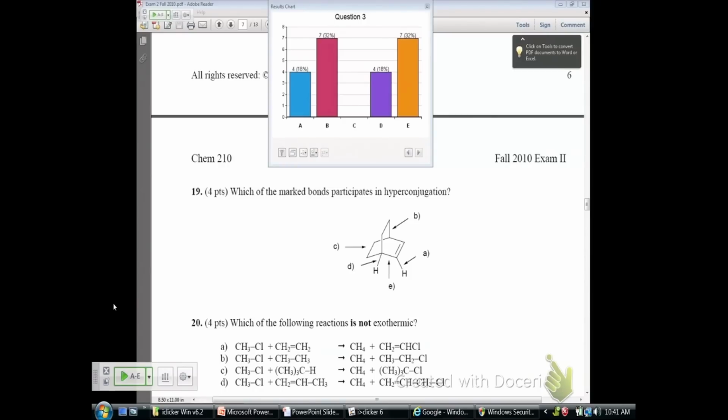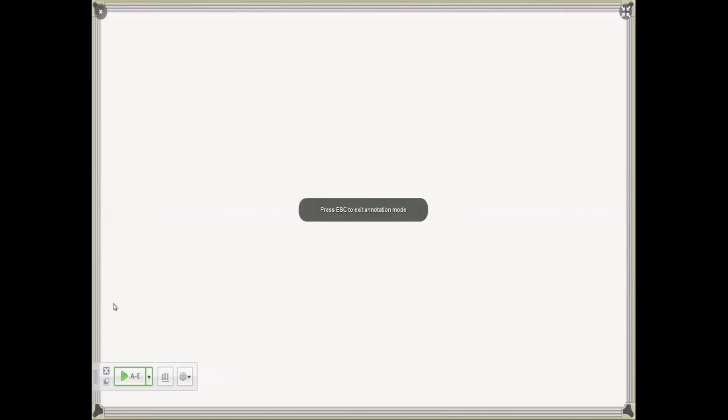So the clicker base is right here, and in every classroom that basically has a podium, it'll have a clicker base in it, so we'll be able to use that. So let's really quick just do an example since we had some trouble getting some volunteers earlier. This is a great example because you don't need to be a volunteer. Everyone can participate. So if you go to turn on your iClickers,